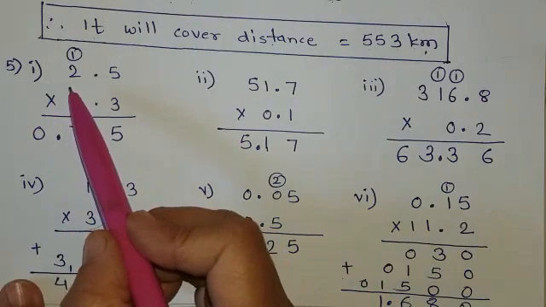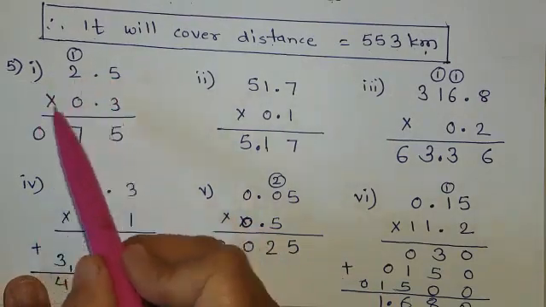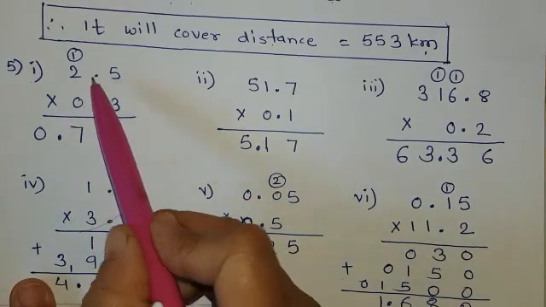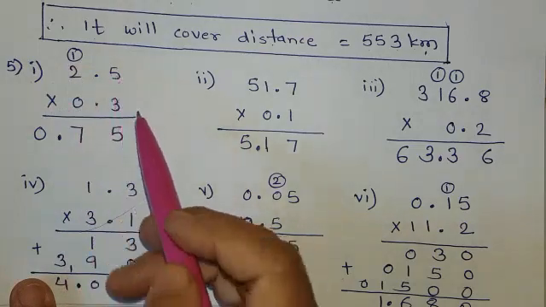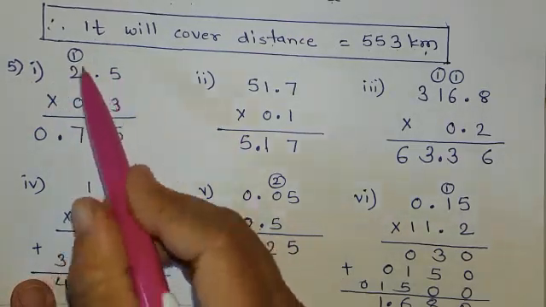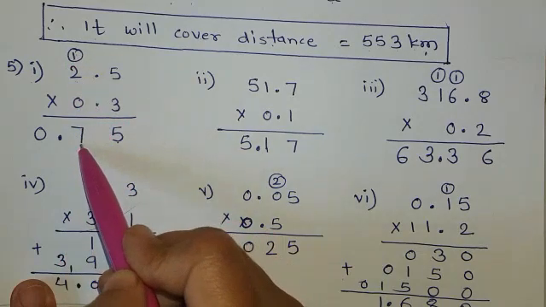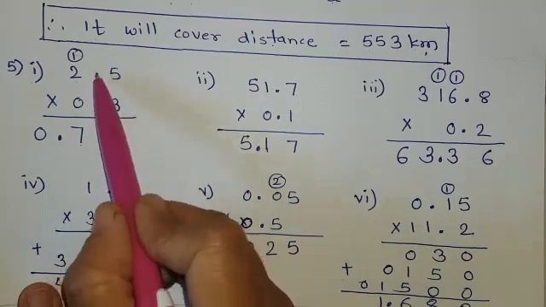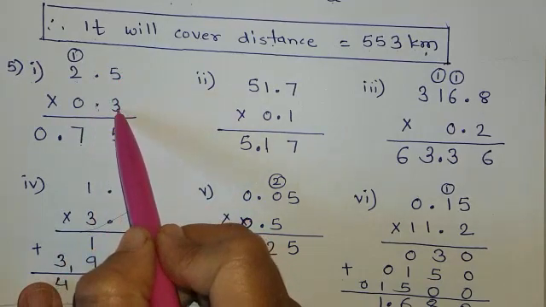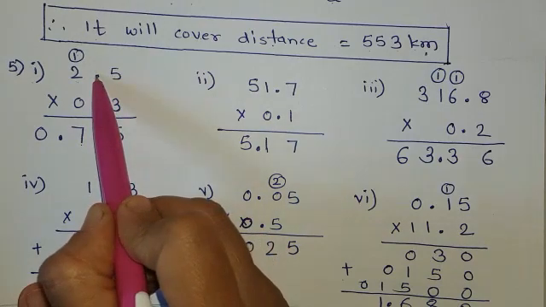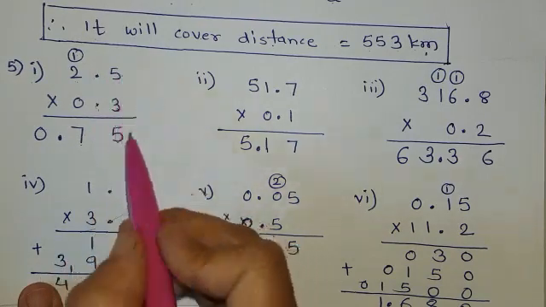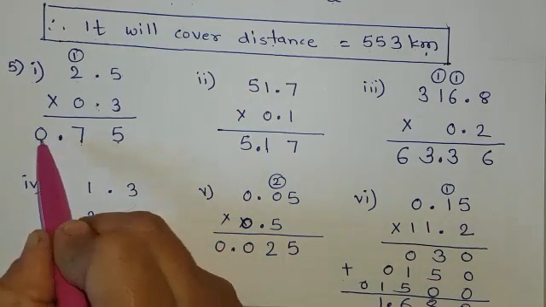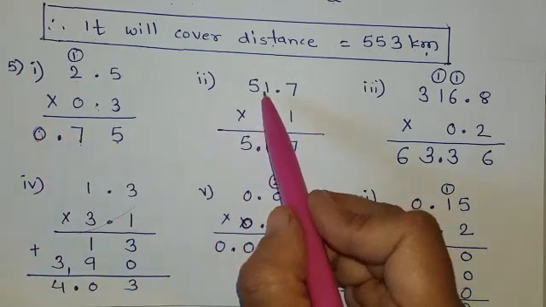Again we have to do the multiplication. So I have written the first question 2.5 into 0.3. Now forget the decimal points and do the regular multiplication. So I have written 3 fives are 15, 5 here, 1 carry, 3 twos are 6 plus 1, 7 as it is. Now after the decimal you have to see the decimal points of both, and see after point there are 1 and 2. 2 digits are there. So from the right side I will leave 1, 2 digits and give the point here and write the 0.